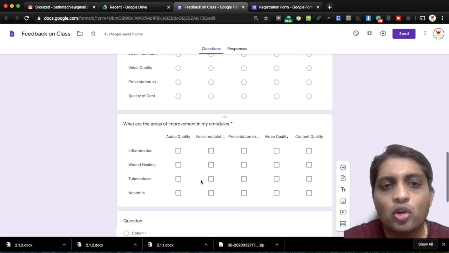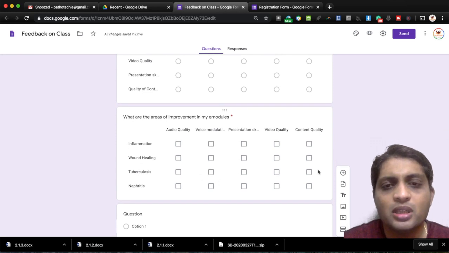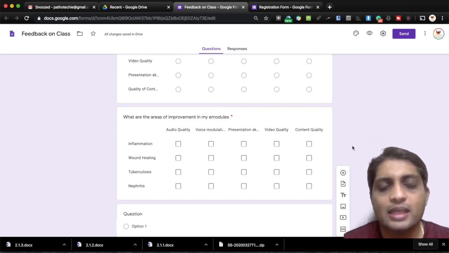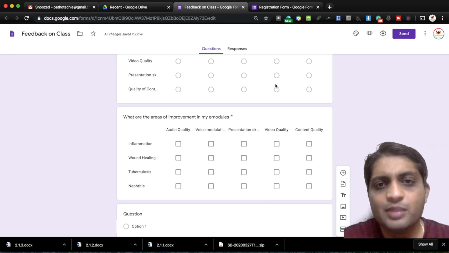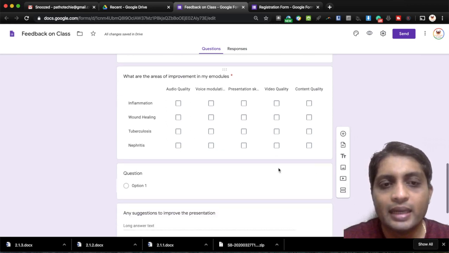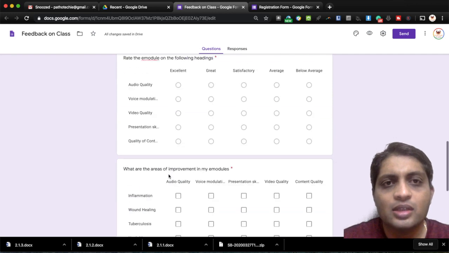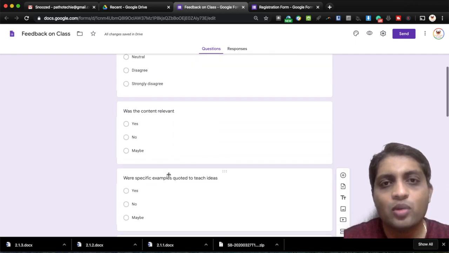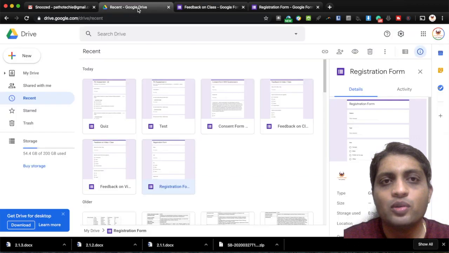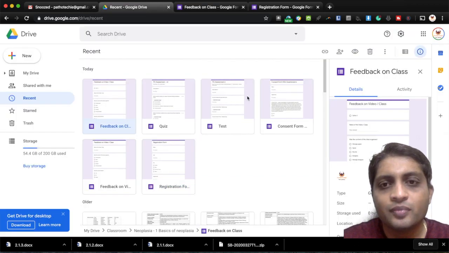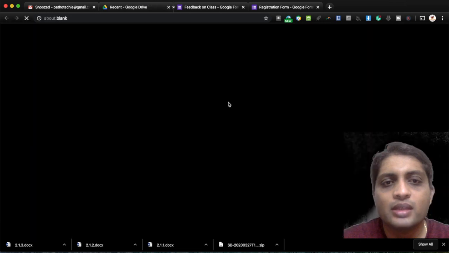Then there is one more option, which is called a checkbox grid. The difference between these two I will be covering later. And then there are some paragraph answers. Here also, not only does it help you to collect the information, but it also helps you tabulate the same. Finally, coming to the two most commonly used, one is in the form of a test